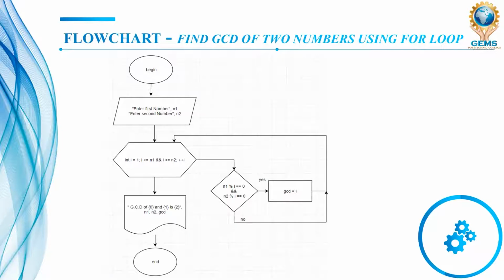In a flowchart, each symbol has its own meaning. So start, our program will start from here. Now we are getting the input from the user as N1 and N2. These are the two inputs we are getting from the user. Now this decision making symbol is called a diamond. Here they are checking the condition by using the for loop, and then finally they are finding the GCD, and our GCD will be stored here, and finally the program will end. So this is the exact pictorial representation of the algorithm of finding the GCD of two numbers.